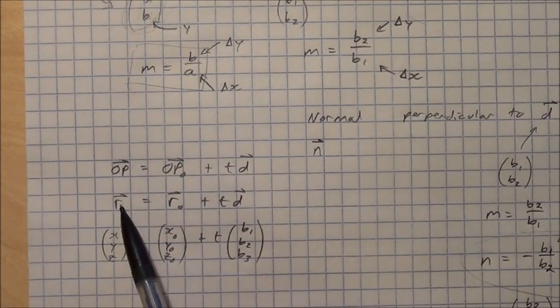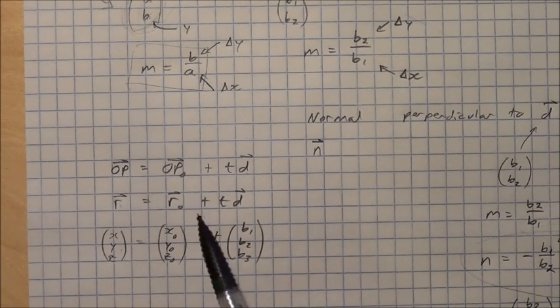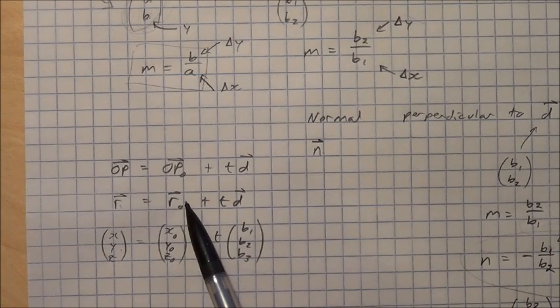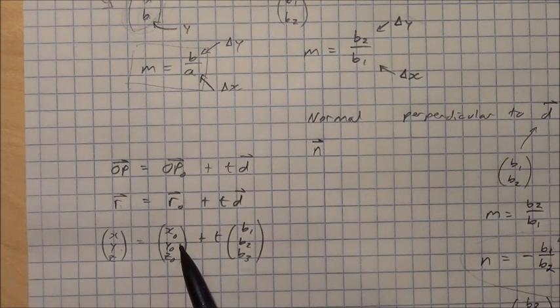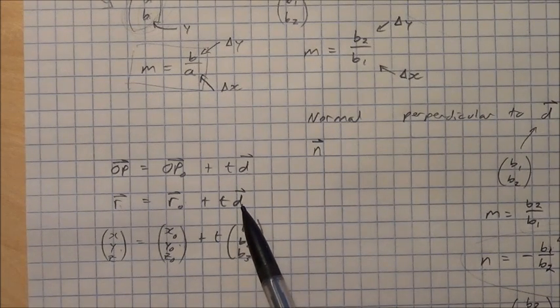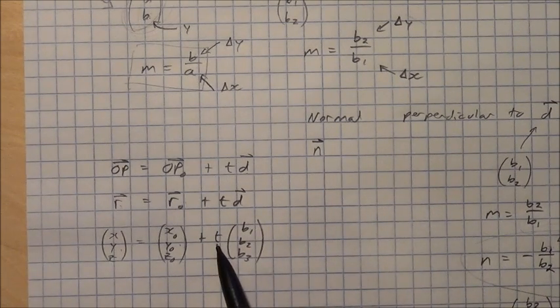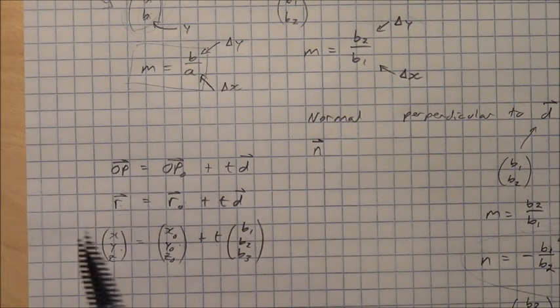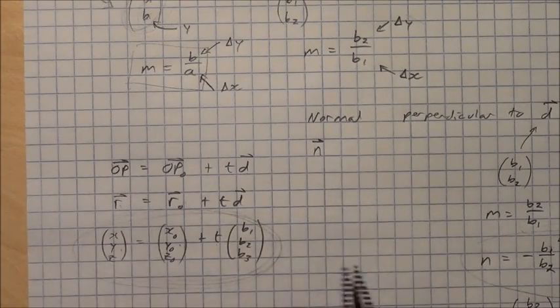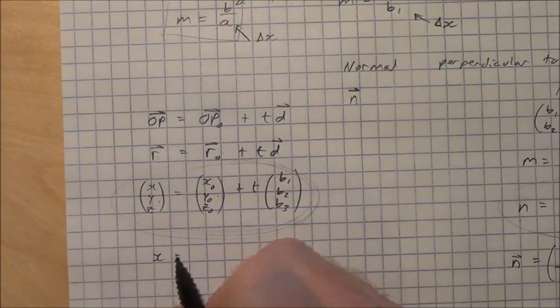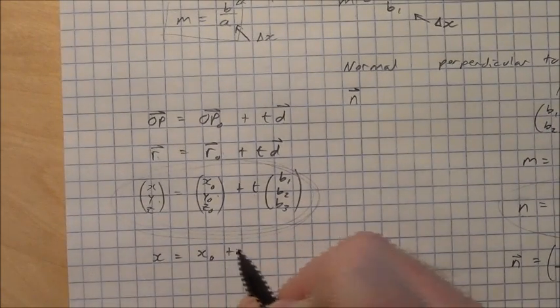So r is the position vector of any general point of the line, same as x, y, z. Vector r naught is the position vector of any specific point on the line, just like x naught, y naught, z naught here. d is the direction vector of the line with direction numbers b1, b2, and b3, and of course t is the parameter again. Here's the vector equation in 3 space,